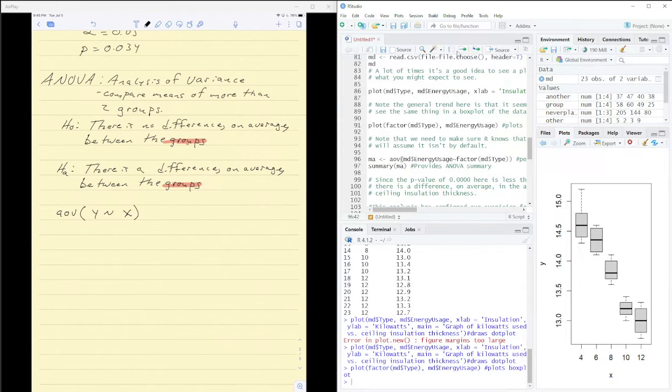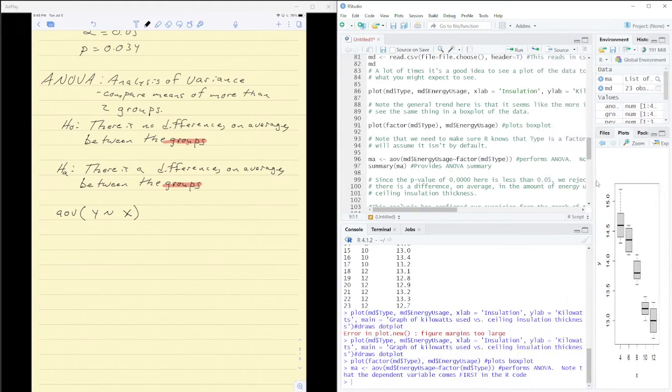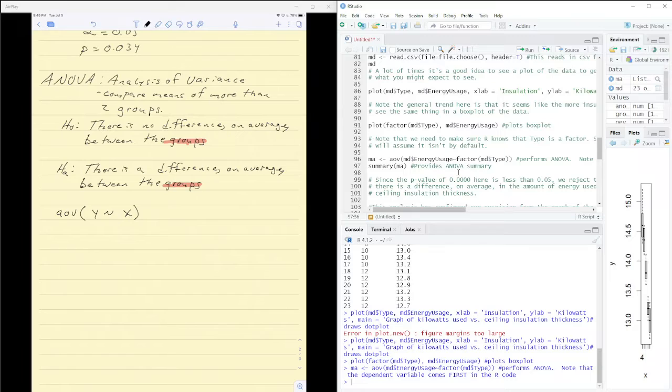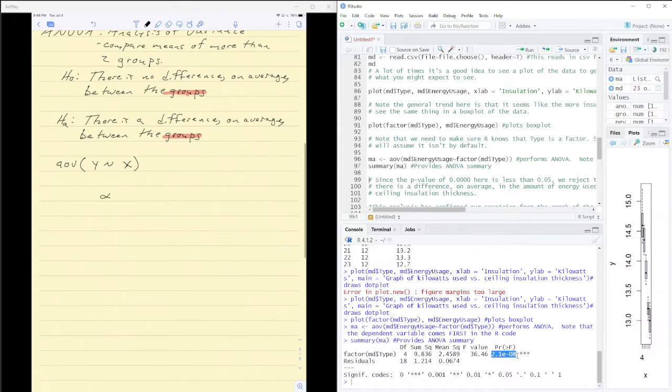And then we can look at the summary of the test. This gives you a lot of information, but all we care about is the p-value, which is this value here. So PR for probability. Remember, p-value is a probability. Our alpha level was not specified, so we assume 0.05. And our p-value is 2.1 times 10 to the minus 8, which is